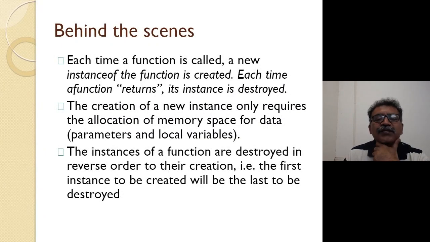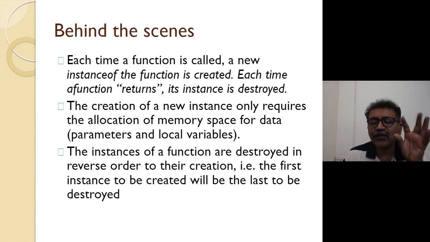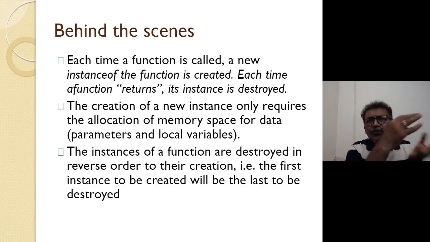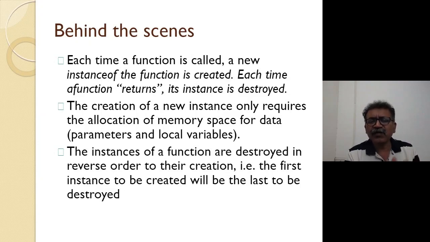Whatever I told you behind the scenes, that is here. Yesterday, when I read this, I told you that at the time of the program I will explain all these things. Now, once you understand the program, probably you will understand the meaning of this, right? Each time a function is called, a new instance of the function is created. I told you, a new instance of that factorial. A new instance means a completely new object, new memory. Memory for separate variables will be given. So a completely new instance is created, and it is destroyed each time.